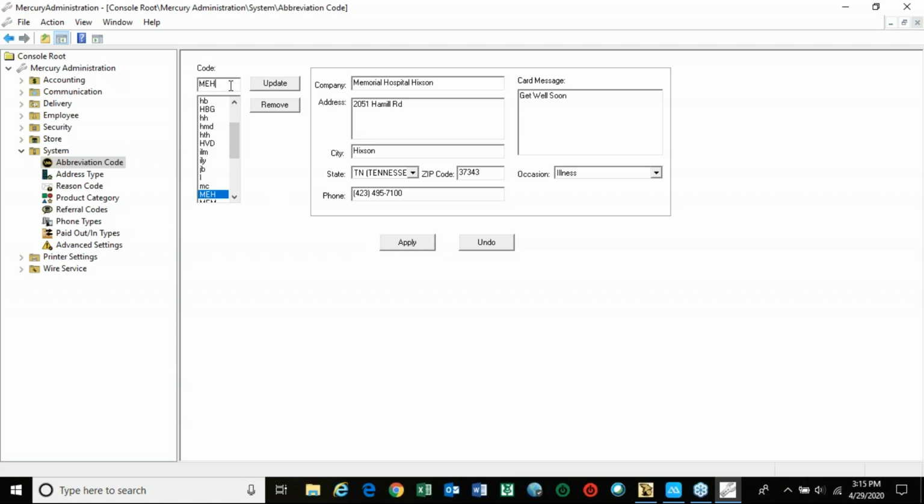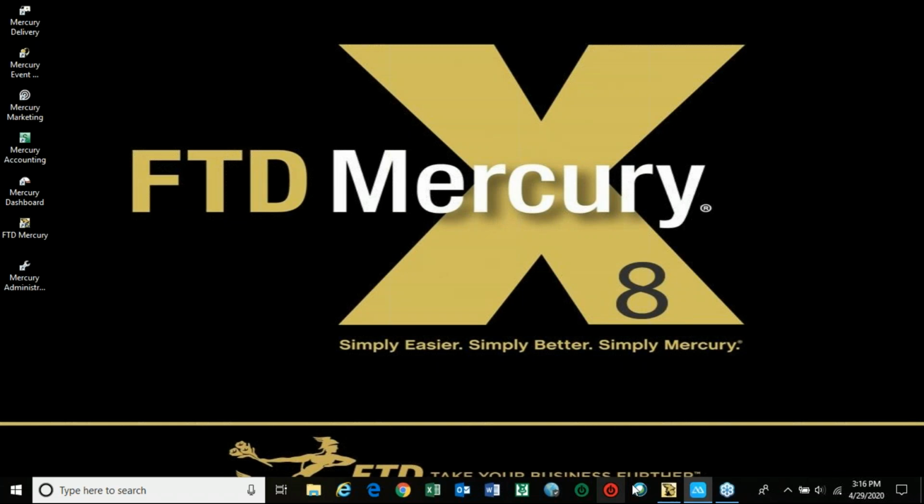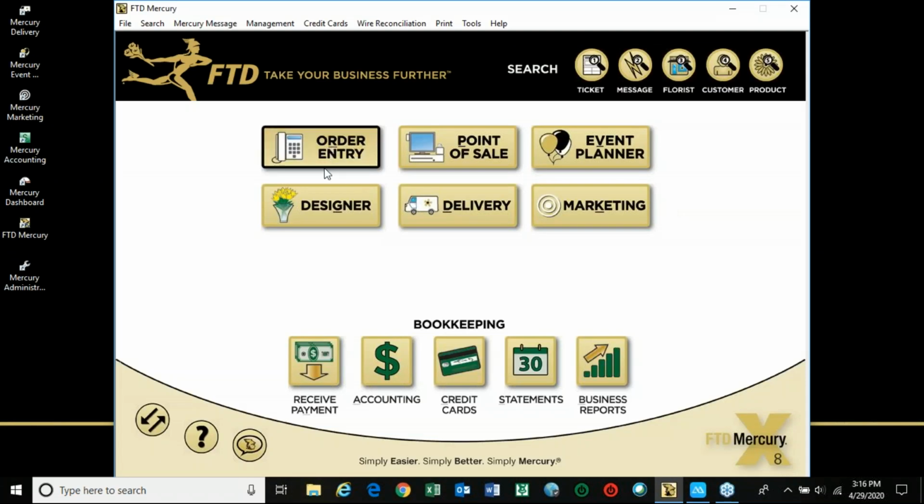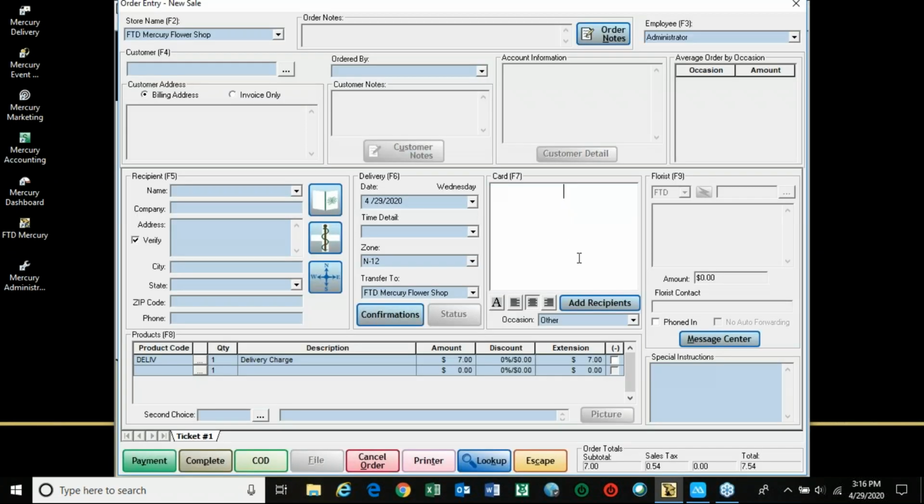Now, if I wanted to add just a card message, like our thoughts and prayers are with you, then I would just fill in the card message portion and hit apply, and that will save that shortcut code. So when you go back into order entry in your Mercury and you put in